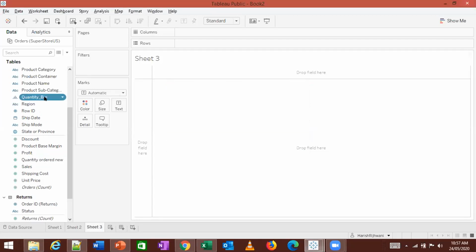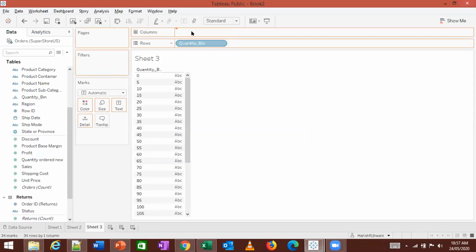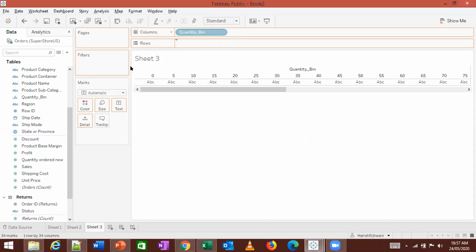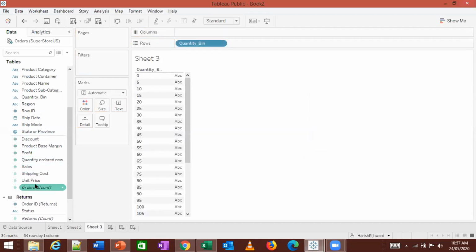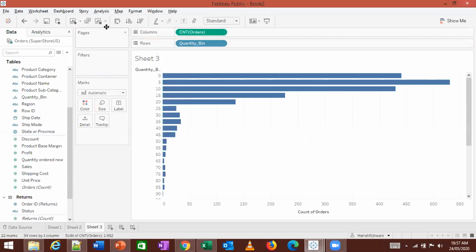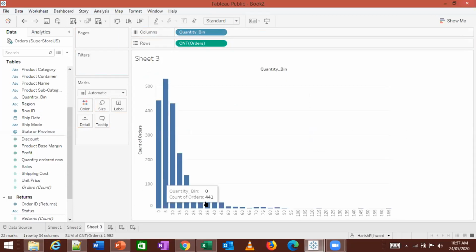So I get a quantity bin over here. I put that into rows, and I can put the total orders like this. So I get those orders.